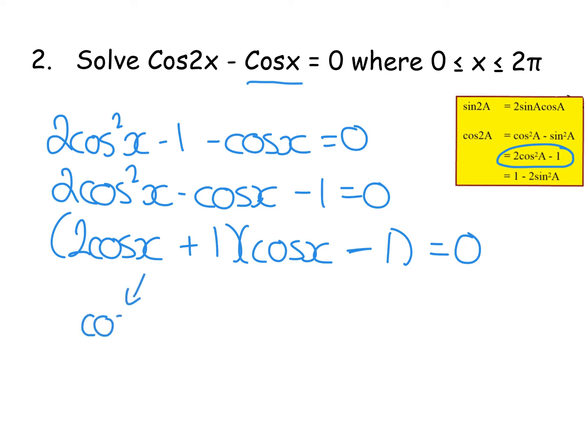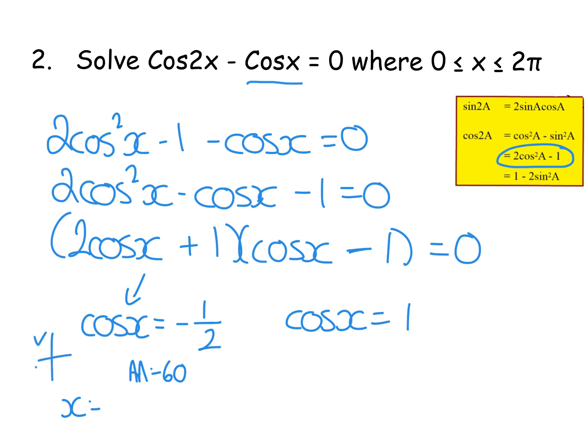So this one gives me cos x equals minus 1/2. Oh, I've just done that in the previous slide. And this one gives me cos x equals 1. So we already know from before cos x equals 1/2, my acute angle was 60, and from that we applied it into the sin and the tan, so we had 120 and we had 240. So it's just skimming over what we did in the last one. And then cos x, when is your cos graph at 1? Well, it's at 1 in 2 places, at the start and at the end, 0 and